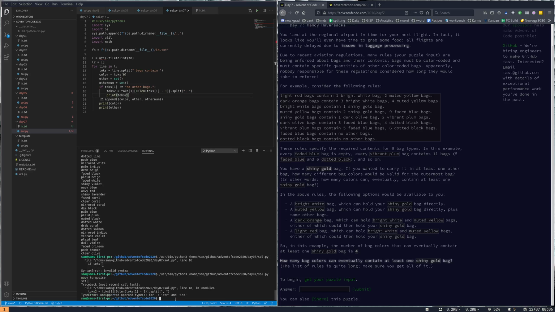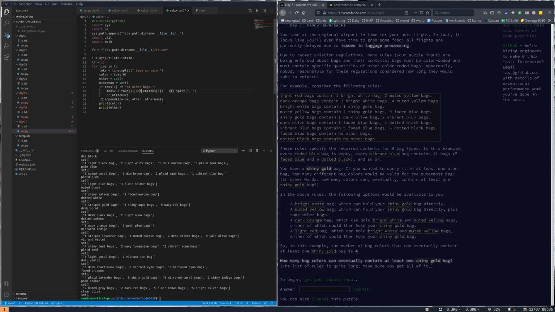Unsupported operand for minus. Length of tokes1 minus 1. Hey, okay, that's what we want. Great. Okay, so now we've got to iterate through